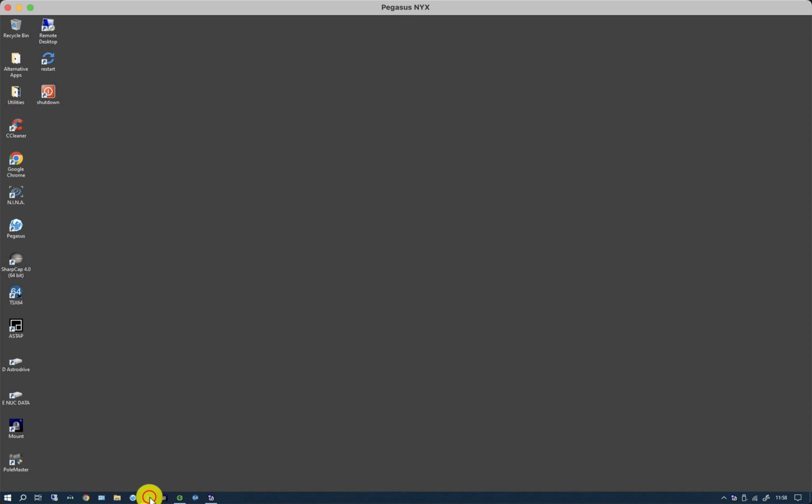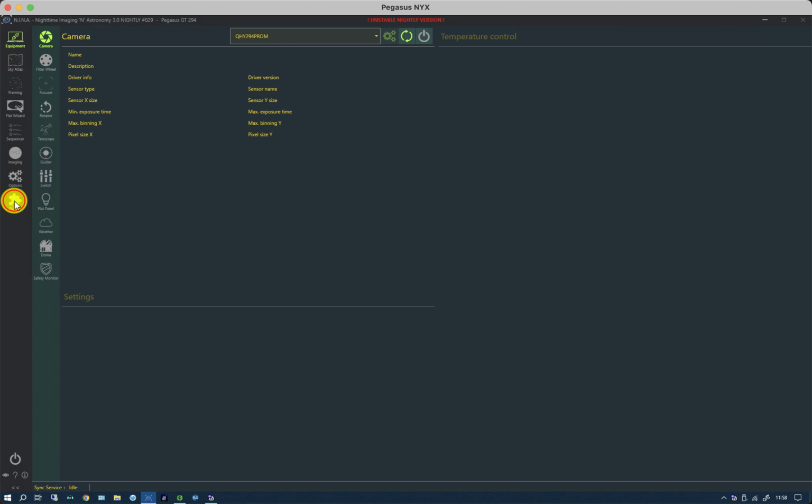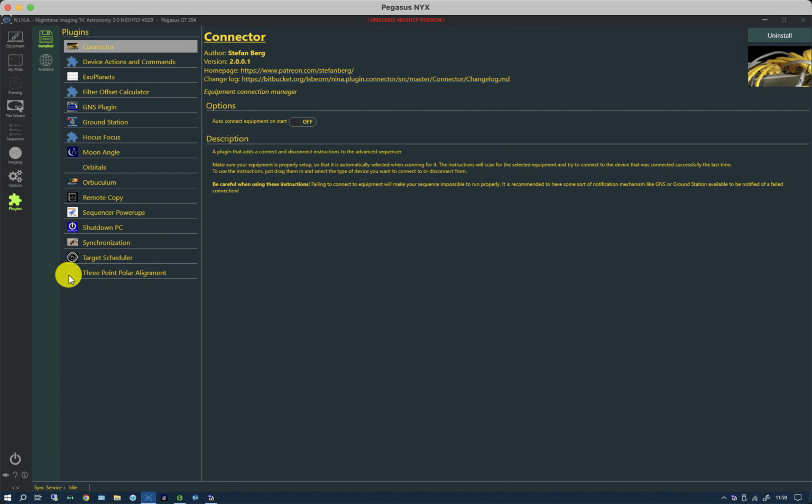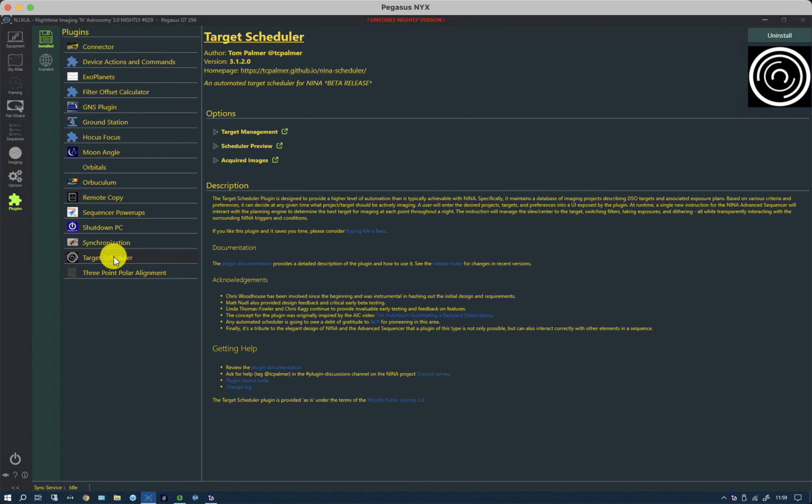If I bring up NINA and look at the plugins page, I've already installed it and it appears as Target Scheduler at the bottom here. The plugin page shows some description and links to documentation, and it also has some options at the top of the screen. It was developed by Tom Palmer, and myself, Matt, Linda and another Chris have worked on improving it